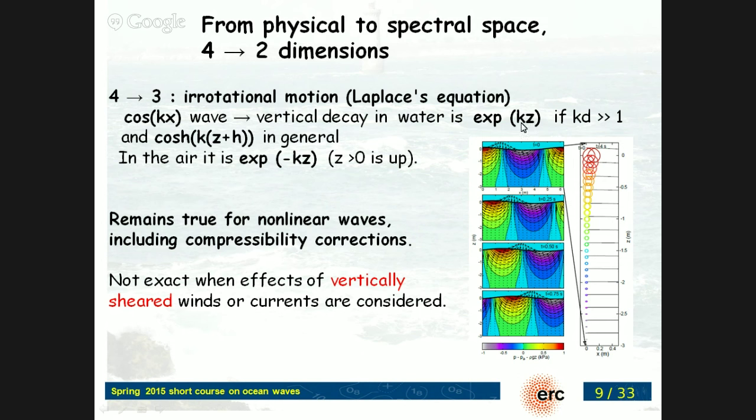the wave number or the wavelength. And if you want to look at the numbers, essentially, if you're looking at half a wavelength from the sea surface, the reduction factor is the exponential of pi, and that's a factor of 25. So beyond half a wavelength, exponential of pi, you get 4% of the surface values. And this is why people will generally say that waves that have a wavelength which is shorter than twice the depth, these waves you can consider to be in deep water, because what's happening at the bottom is very small compared to the surface, and so the bottom has a very small effect on the waves.